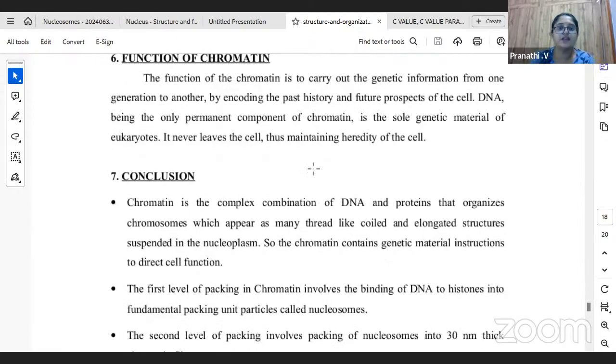So, about the types of chromatin, we have seen how it is packaged and what forms chromatin and chromatids. It is made up of DNA and proteins, and this is how chromosomes are organized. Chromatin condenses into chromatids. They are thread-like and elongated, suspended throughout the nucleoplasm. Condensation takes place during cell replication, and otherwise they help in basic